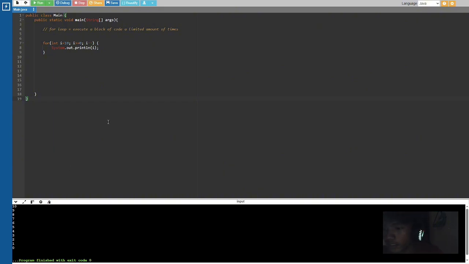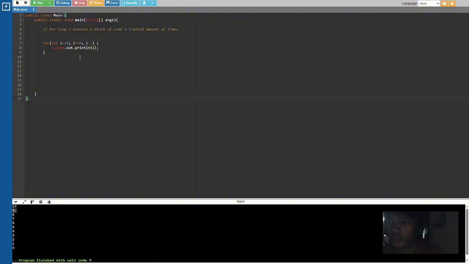So as you can see, it starts with 10. So 10 is greater than or equal to 0, so true. So print 10, and again it subtracts 1 from 10, so it turns out to be 9. So 9 is greater than 0, then it's true.